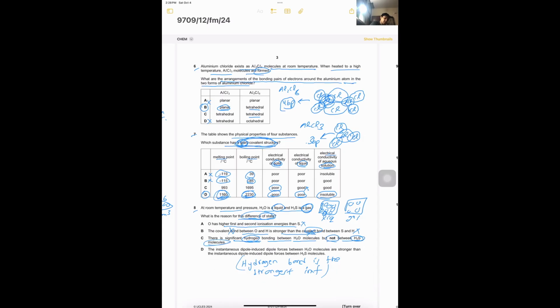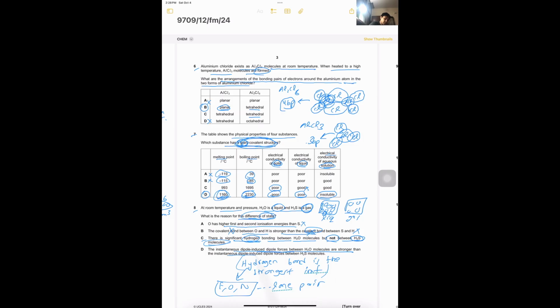So for hydrogen bonding, we know that fluorine, oxygen, and nitrogen are the atoms that need to be present in one of the molecules, and the other molecule needs to have a lone pair, and only then will the bond form. And for that reason, I will keep C as an option. The ID forces between H2O molecules are stronger